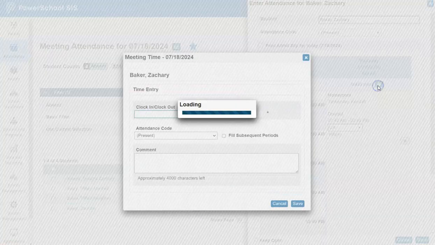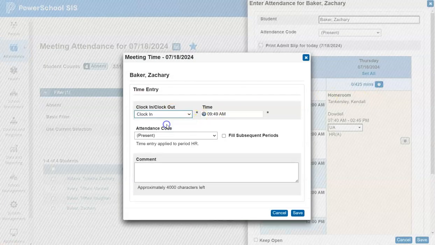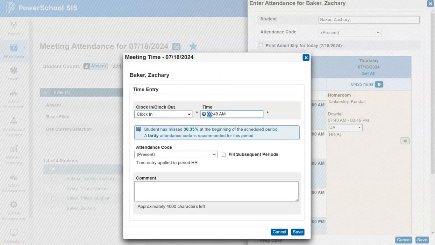I'm going to click on this clock and I'm going to choose clock in. And I'm going to say that he is here at 8:30 a.m. This time is very important. I know we get behind as the day gets going. We might have a long line of students. But getting this time exactly right is very important, especially when it comes to sometime around the middle of the